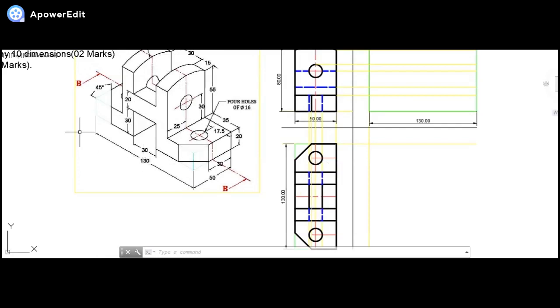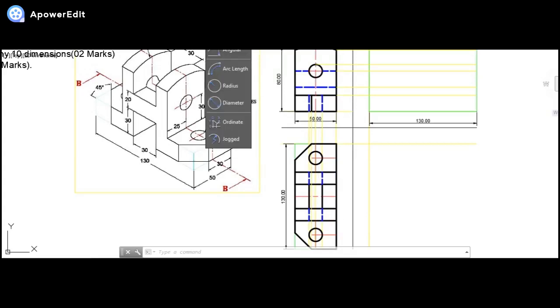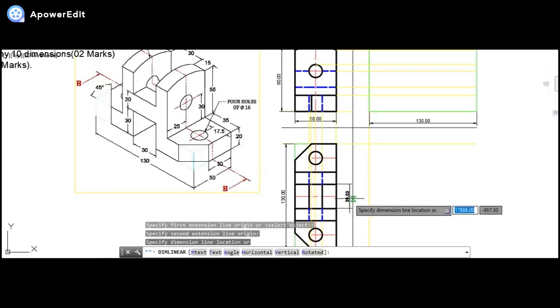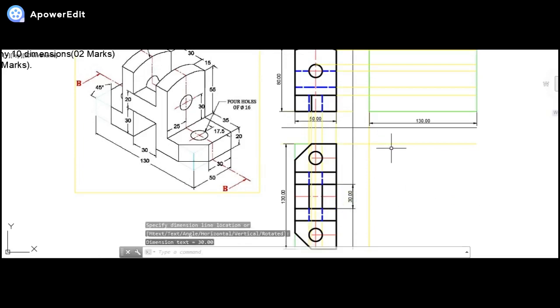That is what many students can get confused about, that this particular slot is already an edge that will be overlapped. Just for your convenience, we can show the dimension so that you should not get confused. I'm talking about the distance from here till here, which is nothing but 30. Yeah, very clear it is.